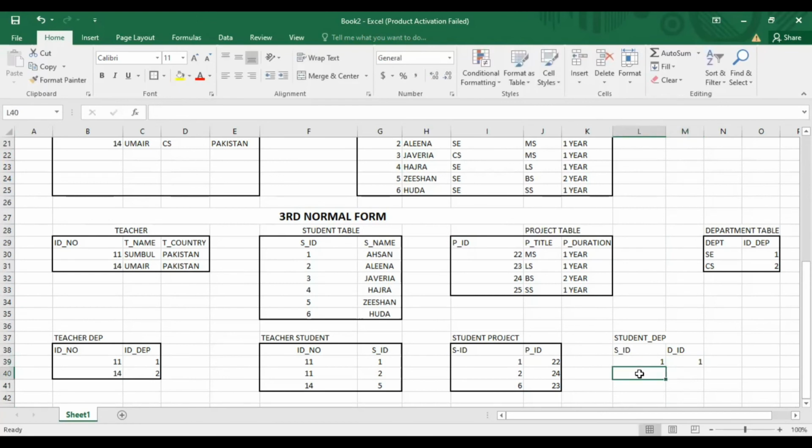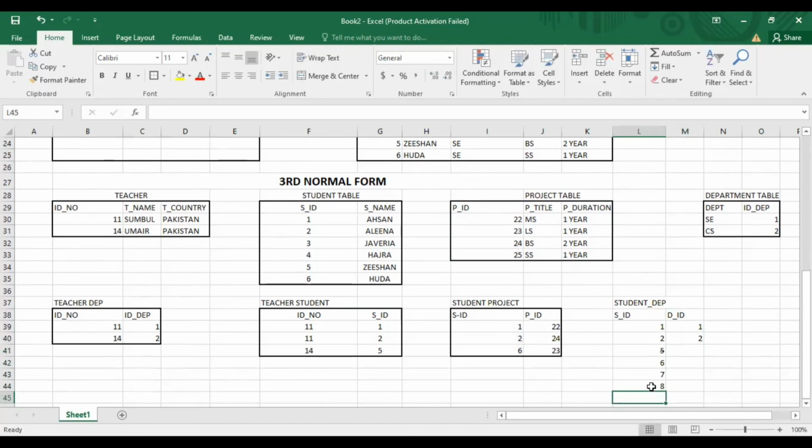Student number 2 is in which department? Computer science, so write 2, the ID of computer science. For student numbers 5, 6, 7, 8, whatever there is, write the department of that with the ID. For example, 5 is in software engineering, so write 1. For example, student number 6 is in computer science, so write 2 here. So these are the relations. We have created relations for all the tables.